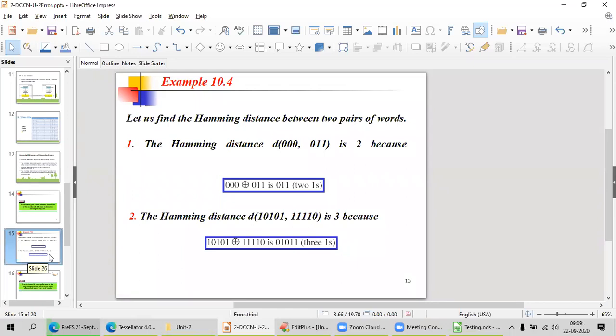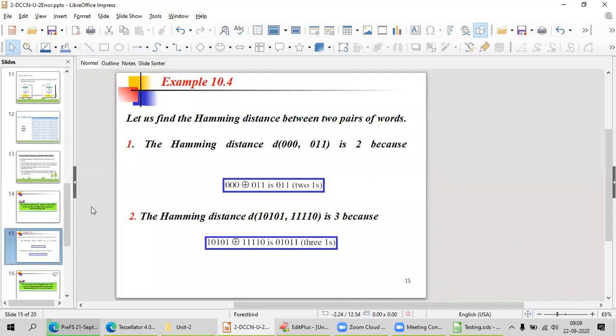I will check one by one all the three bits. If there is any change from one bit to the other, in that case only I take it as 1. Otherwise, 0 and 0: first bit 0, in the second word also 0. Two bits are 0, exact match, so I will add 0 in the resultant. Next, 0 and 1, there is a change, so I will add 1 to the answer.